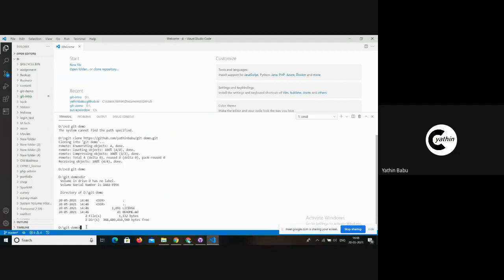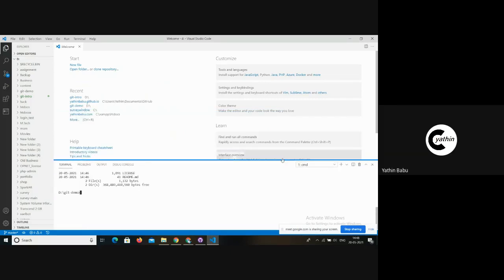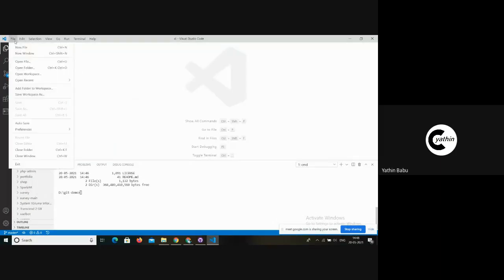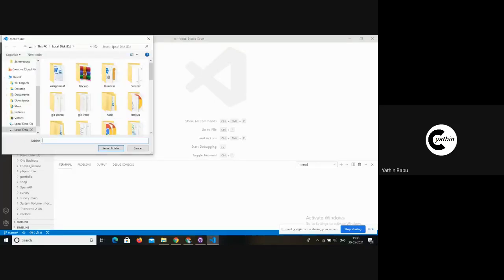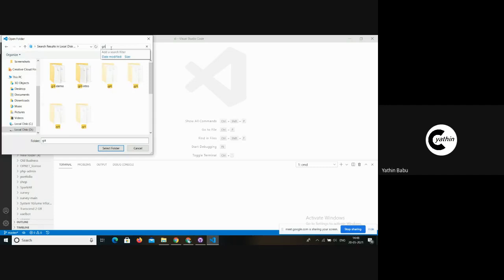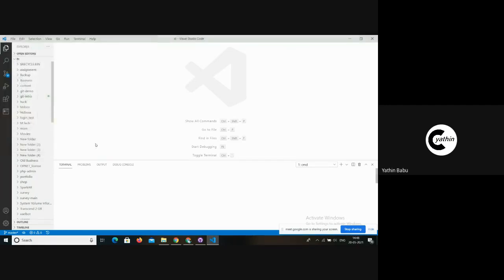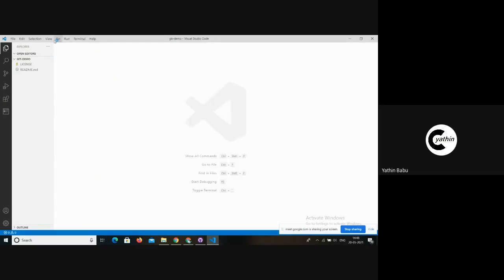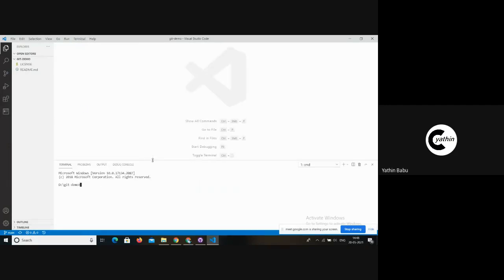Now let me create some HTML files, and I will teach you how to push those HTML files into the remote repository. This is the command line interface.